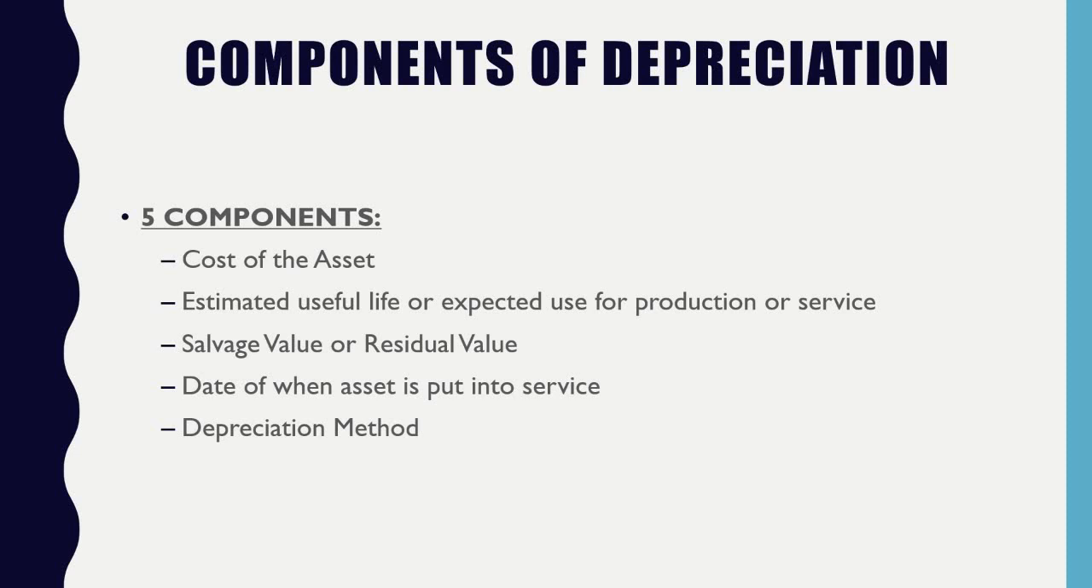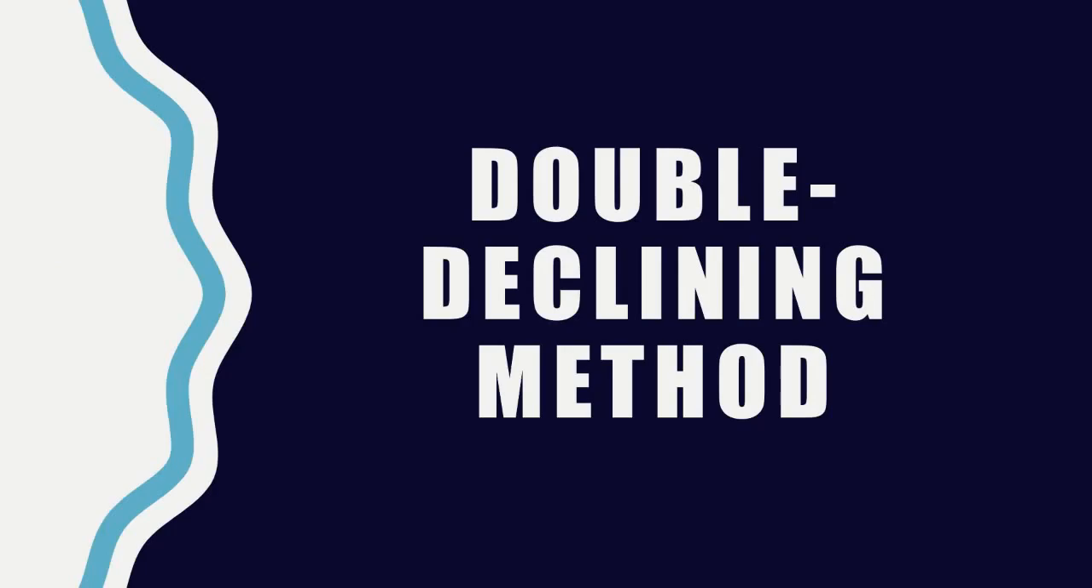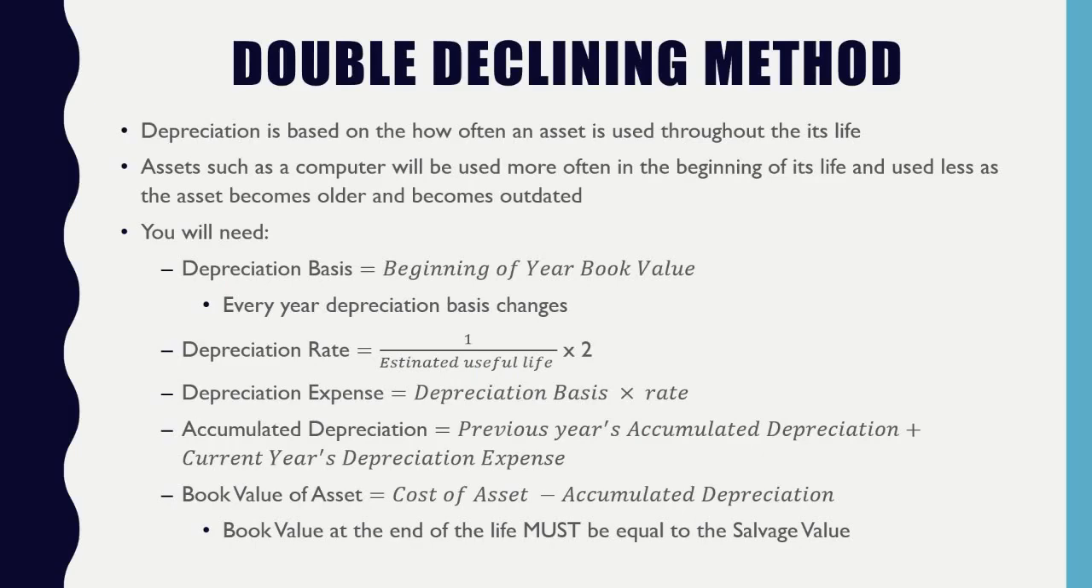So in this case, component number 5 is already given because we're focusing on double declining. So this time, when we look at double declining, it's a common depreciation method that is used with the IRS. They widely use this type of one because it deals with technology. Now, when we use double declining or accelerated